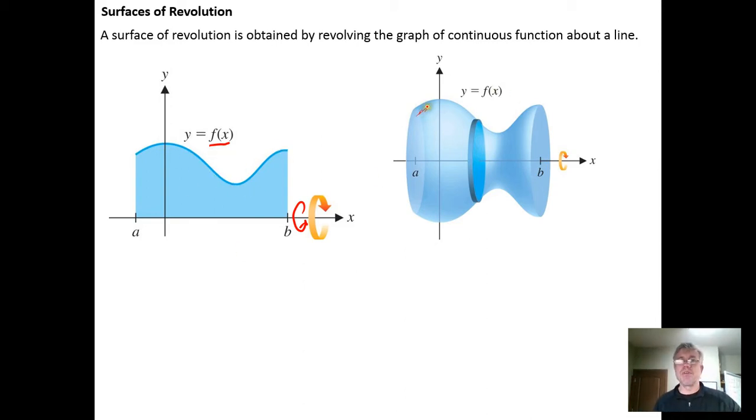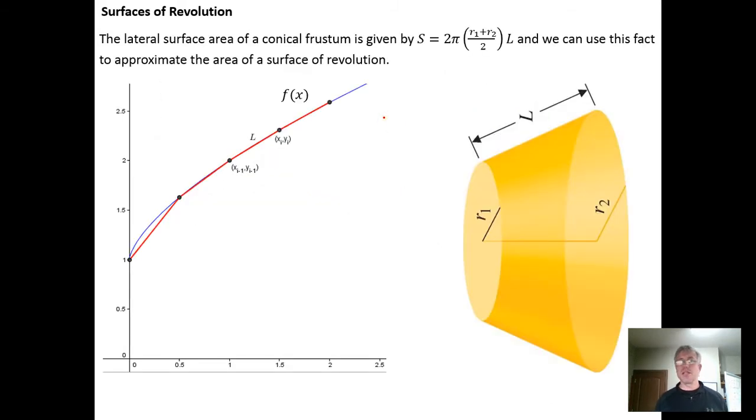And what we want to do is develop a formula that will let us get the surface area of the shape that's been swept out as we rotate the curve. The approach that we take is similar to the approach that we did in video 1 for finding the arc length of a curve. The idea is if we want to know